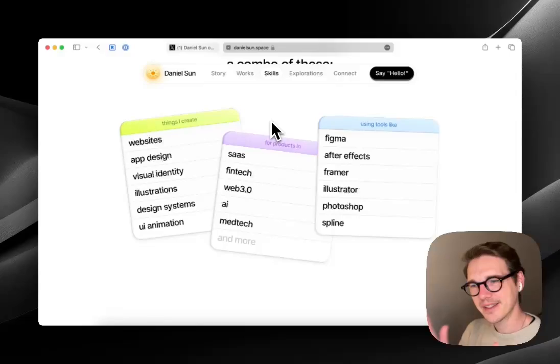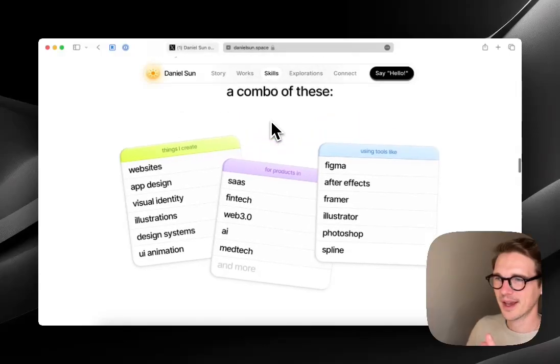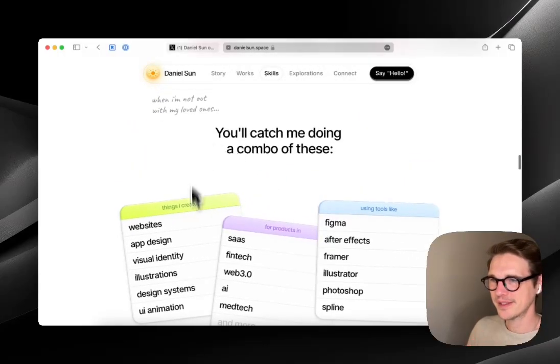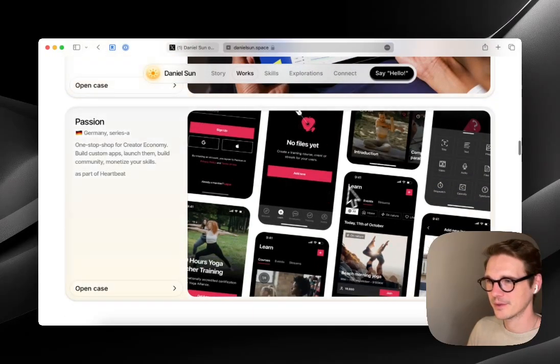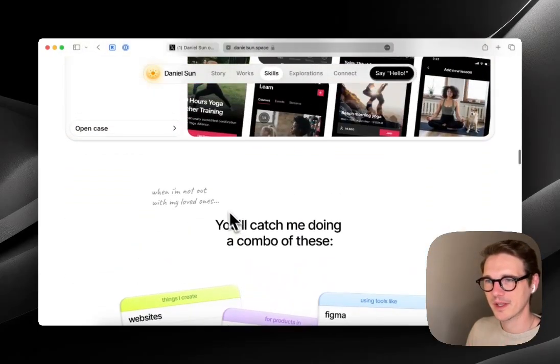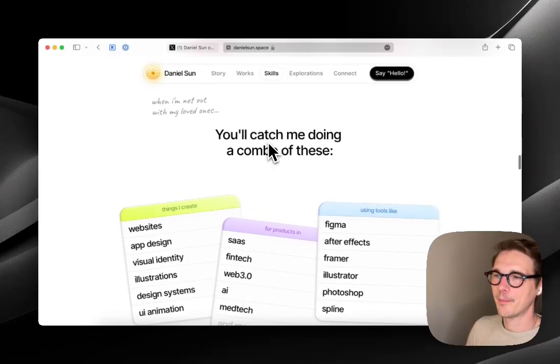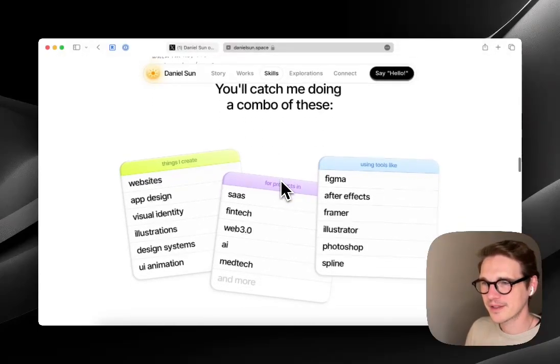I think the playfulness of this page sort of makes you not think that the guy who did this is the same guy who did this. And maybe it makes more sense when you actually open the use cases. Again, I'm not going to, but I do feel like this